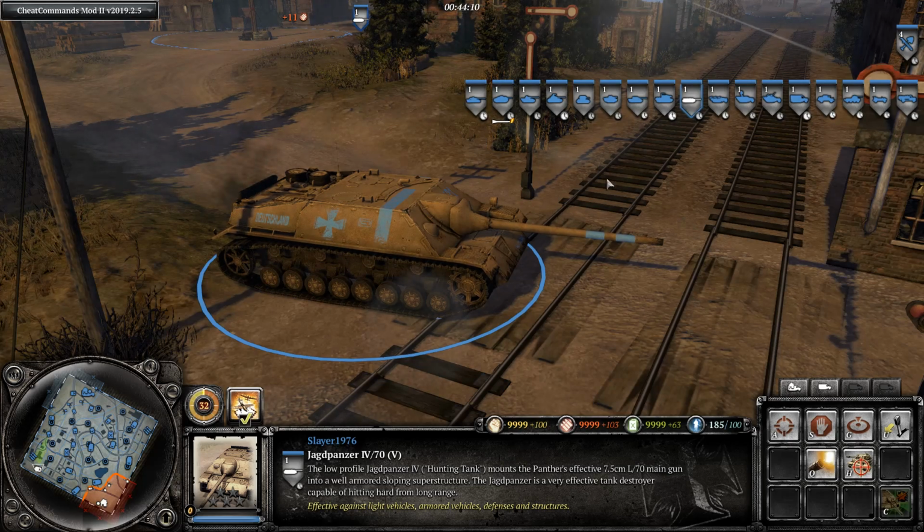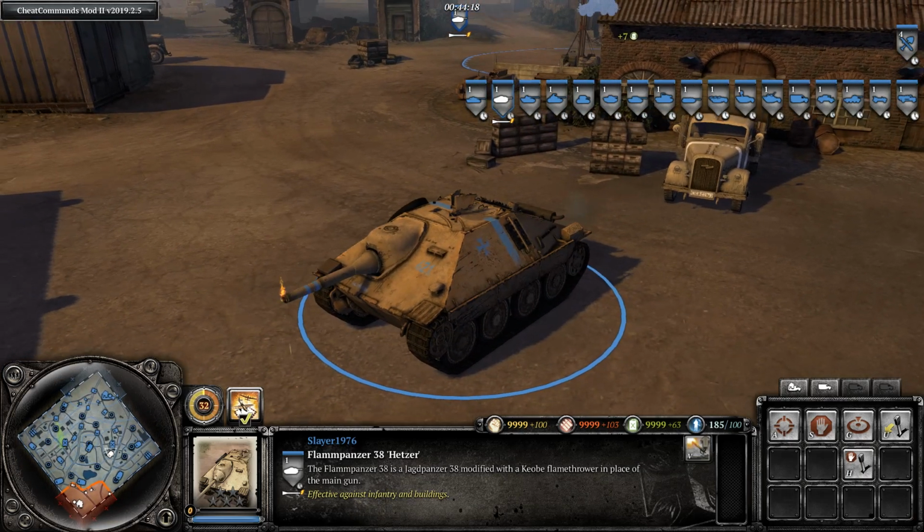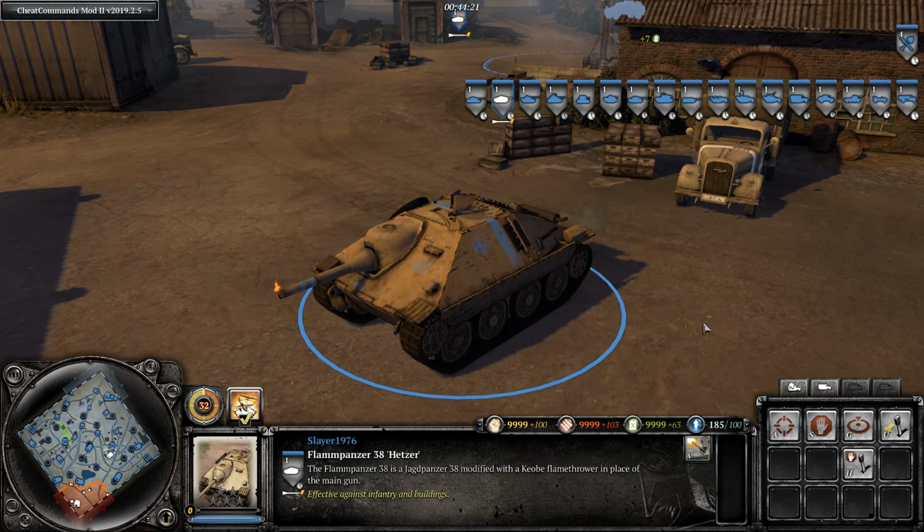So let's move on to the next tank hunter vehicle, which is in-game actually an anti-infantry vehicle. I'm talking about the Panzer 38 Hetzer. The Hetzer is actually the tank hunter vehicle I was talking about. The Hetzer was built on the chassis of a